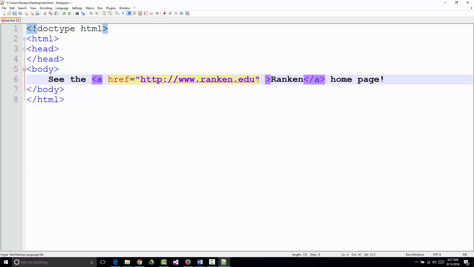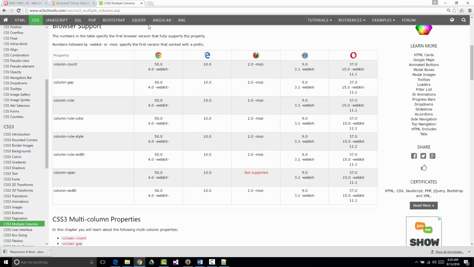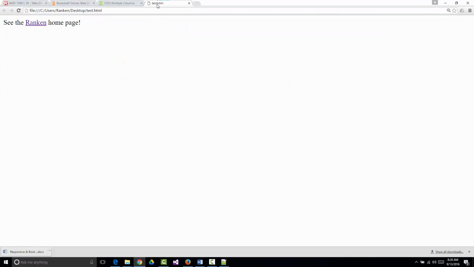and I put in here target equal underscore blank, just like that, and you say, well, there's no change. Well, watch. Notice I'm going to totally close this and try to run it again. Looks the same, but notice there's one there that says test, but now when I click on it, notice it